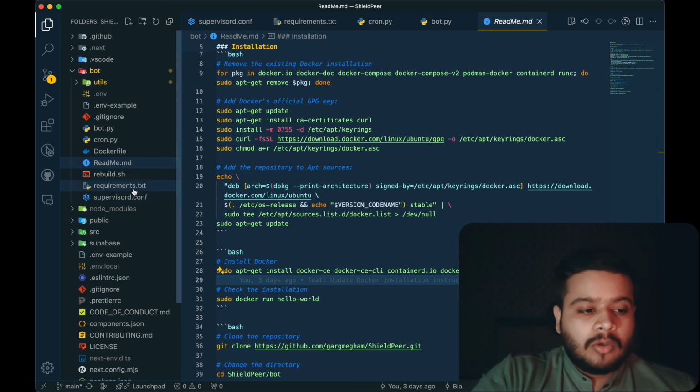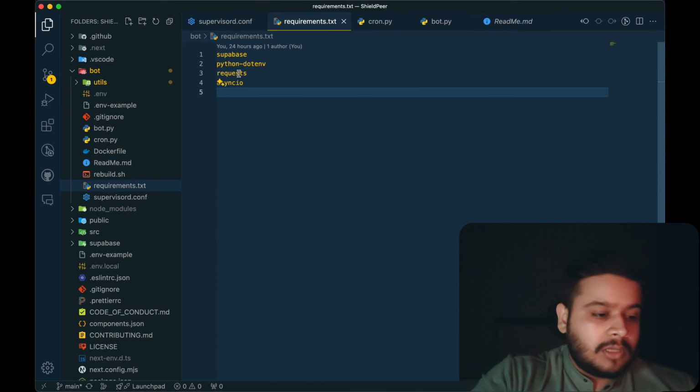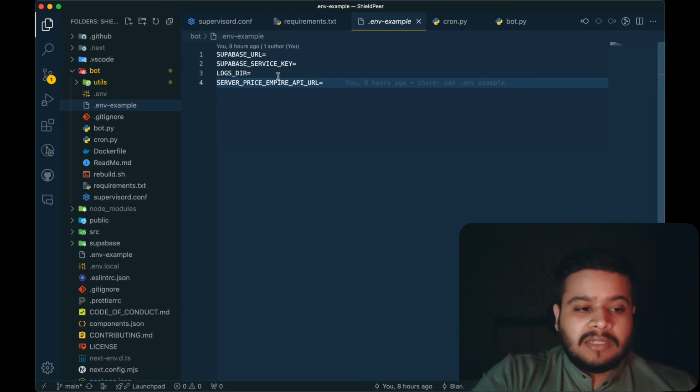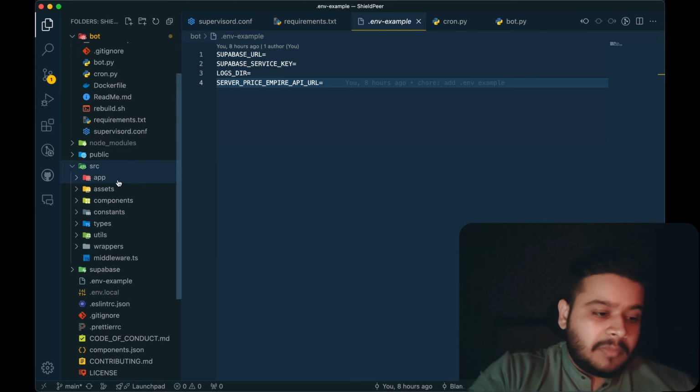And if you want to run it on your local, you can just create a virtual environment and install the requirements, which is basically just Supabase, asyncio, requests, and python-dotenv. Create your .env from the .env example. So your Supabase URL, service key, logs directory, and PriceEmpire API URL, which is going to basically be src/app/api/